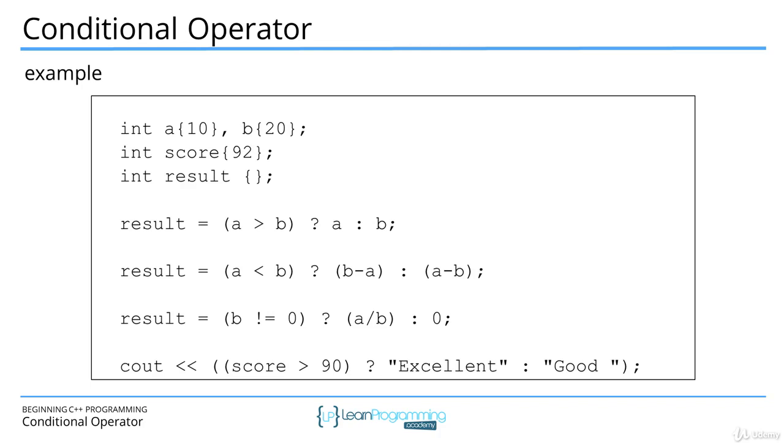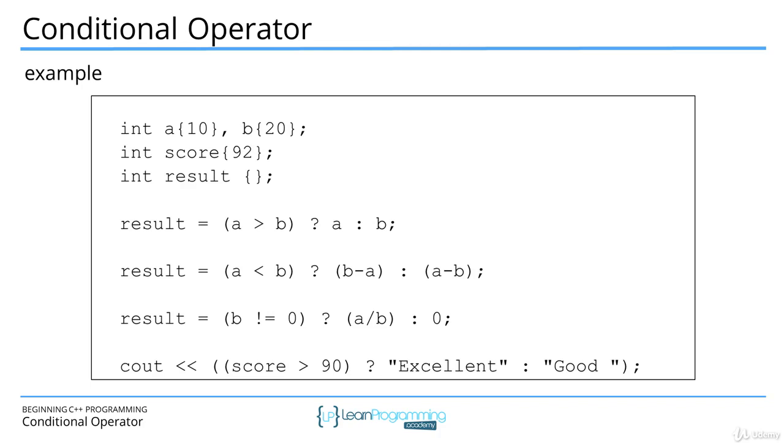The second example evaluates if a is less than b. If this is true, then the value of b minus a is assigned to result. Otherwise, the value of a minus b is assigned to result. In the third example, we're using the conditional operator to avoid a divide by zero error. First, we check if b is not equal to 0. If this is true, then we divide a by b and assign the result back to result. Otherwise, we simply assign 0 to the result. Notice how we're avoiding a divide by zero error by making sure that b is not equal to 0 before